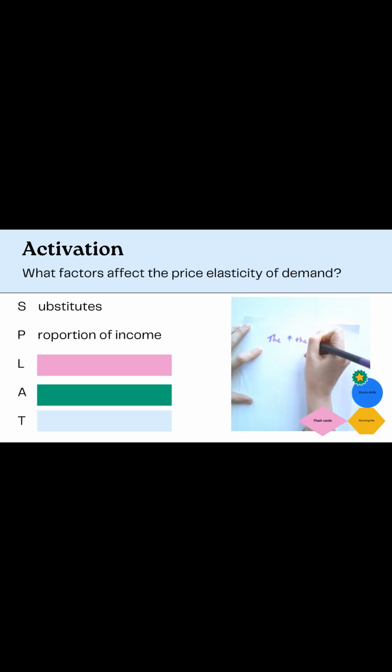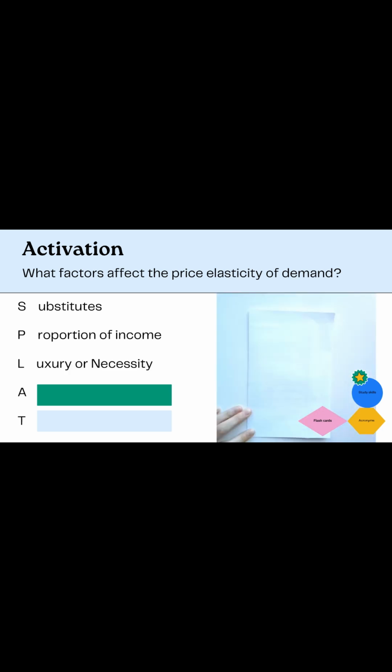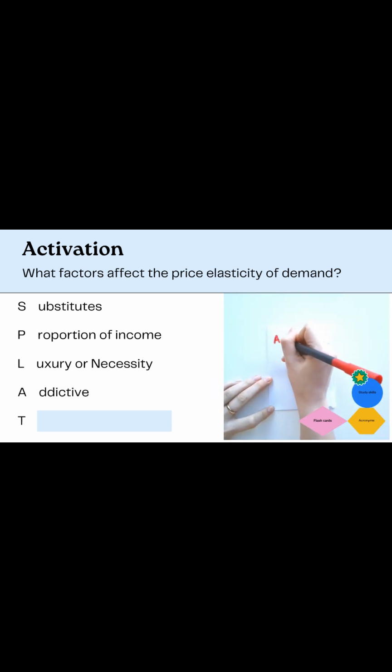The greater the proportion of income, the more elastic the good will be. The more luxurious a product is, the more elastic the good will be. And the inverse being, if it is a necessity, it is likely to have an inelastic demand. Similarly, if a good is addictive, you would imagine it would have an inelastic demand. You can imagine that if a price was to rise for an addictive good, the fall in quantity demanded would